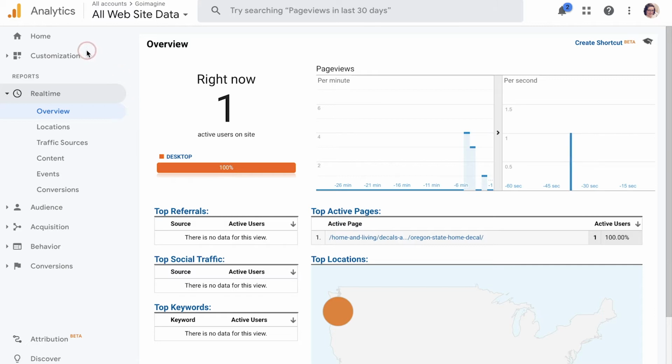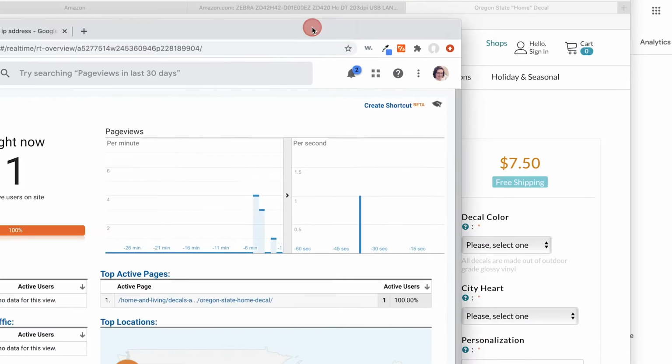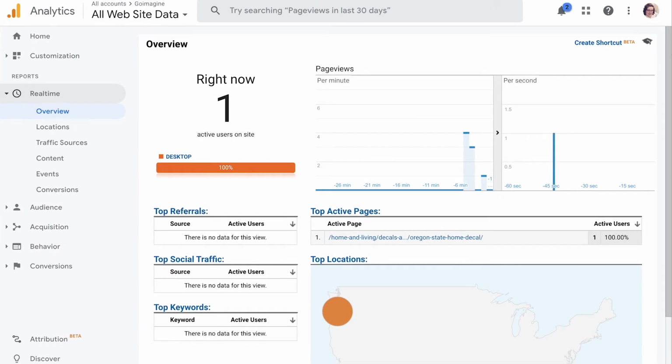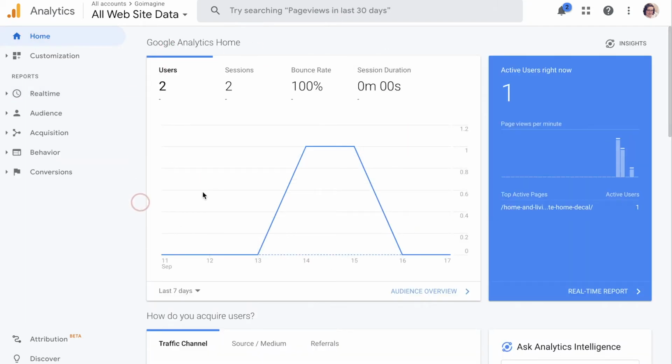So anyway, after you log in, typically you're on the home screen, which shows you, and I don't have a lot of traffic to my goimagine site yet because I haven't finished setting it up or turned on advertising yet. So usually you'll see this, but first what we need to do is click on admin down here,